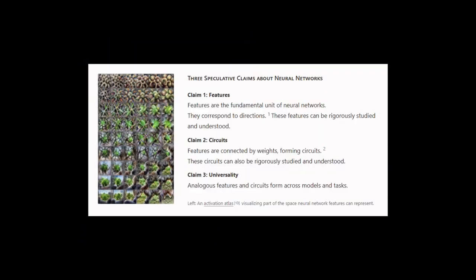So, what are these speculative claims? In order to study neural nets, to understand what they are doing and how, it is useful to have some sort of structure. In a similar way to how we study organisms by looking at cells, and how we can make larger, more abstract claims by knowing some general structures, the paper Zoom In, an Introduction to Circuits, sets out 3 claims about the internal structure of neural networks. These claims are speculative, because these claims are still being researched.